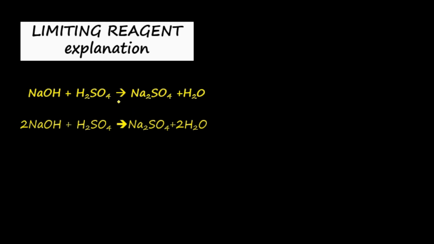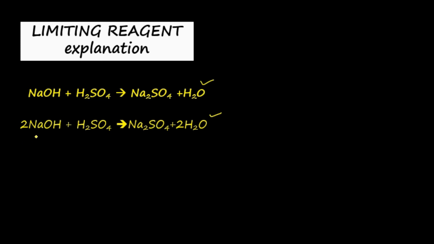I have prepared an equation here. This represents the reaction of sodium hydroxide with sulfuric acid to produce sodium sulfate and water. This is a titration experiment that we normally do in the laboratory. You can understand that this equation is not balanced. It is only a skeletal equation. On balancing, the equation becomes 2NaOH plus H2SO4 gives Na2SO4 plus 2H2O. Now this is balanced. What does this equation tell you?